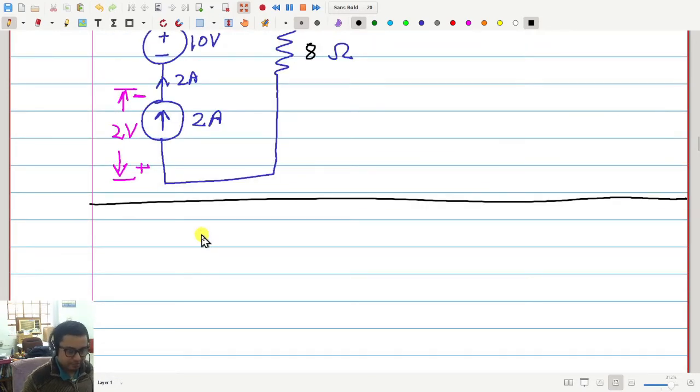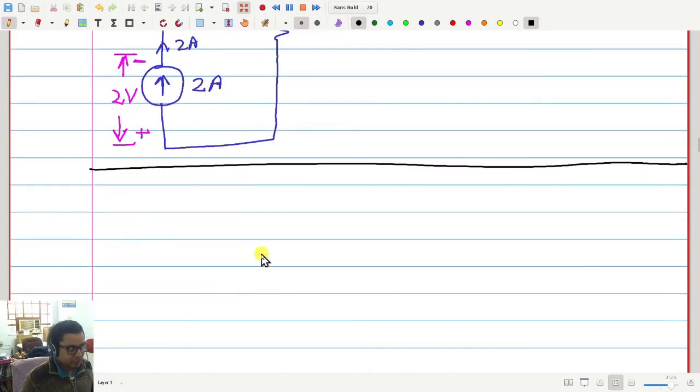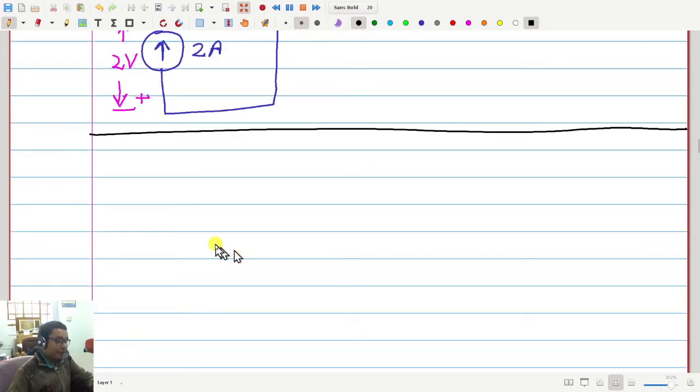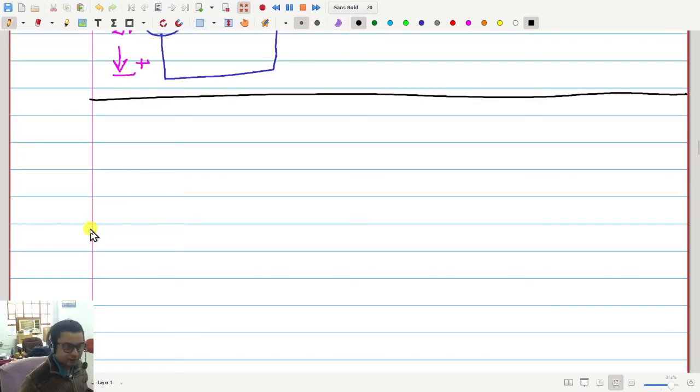If the polarities are opposite, then one has to consume. If both have the same polarity, then both deliver. I will give you a lot of such examples to try out on your own. I will give you self-evaluating quizzes, so you will see a lot of different variants of what happens.